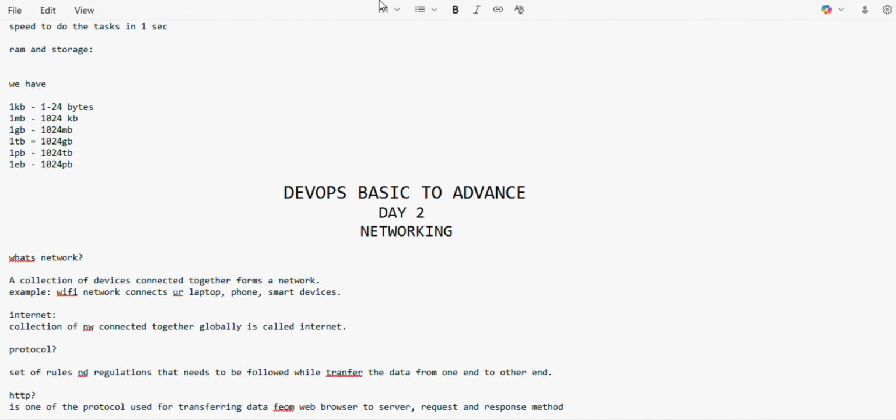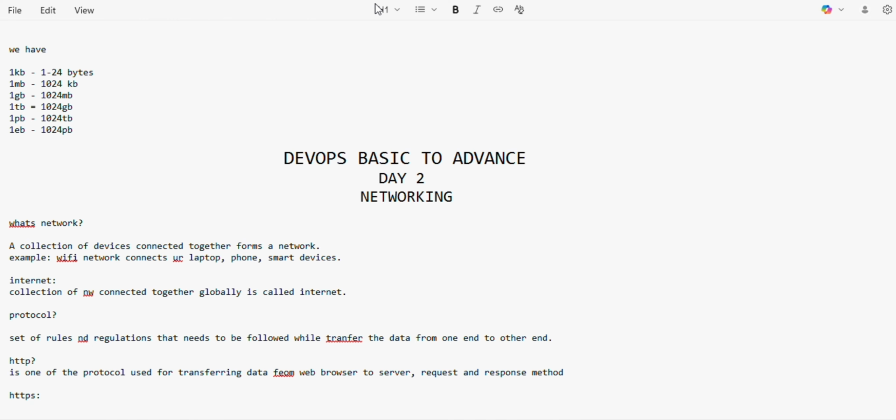But the HTTP protocol is pretty old. We are not using it now because we cannot make sure whether the website we are trying to search is secure or not. There is no security in HTTP. That's why we moved to HTTPS. HTTPS is the same as HTTP along with security, so it is more secure than HTTP. That's why everyone moved to HTTPS. It is also a protocol, but more secure.